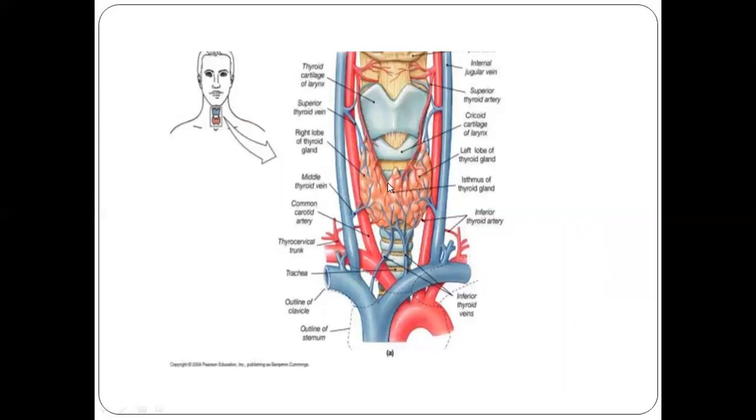This is coming downward over the superior border of the isthmus. This is the pyramidal lobe, and this is the superior thyroid vein, which opens into the internal jugular vein. This is the middle thyroid vein, which also opens into the internal jugular vein. This is the inferior thyroid vein, which comes from the inferior border of the isthmus, lower down over the trachea, unites with each other and opens. Sometimes it opens into the left and the right brachiocephalic veins, and sometimes both unite with each other and the inferior thyroid veins open into the left brachiocephalic vein. So it varies.